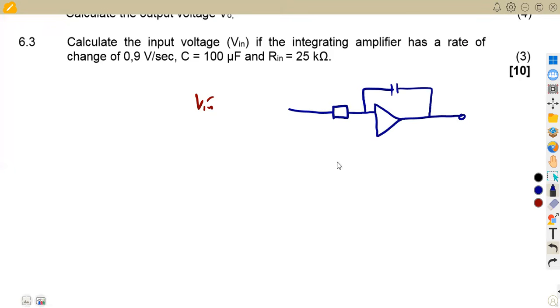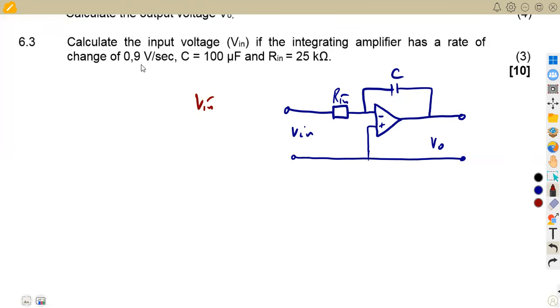All right, just do not forget your diagrams. This is negative, positive, like this. So we're going to have something of this nature. Remember, we've got our V in, this is R in, this is our capacitor, and this is our V out. So we are asked here to calculate V in, given that it has a rate of change